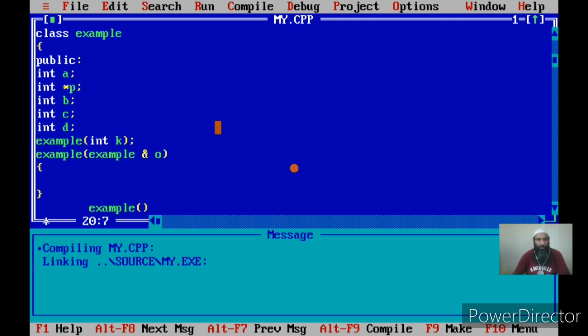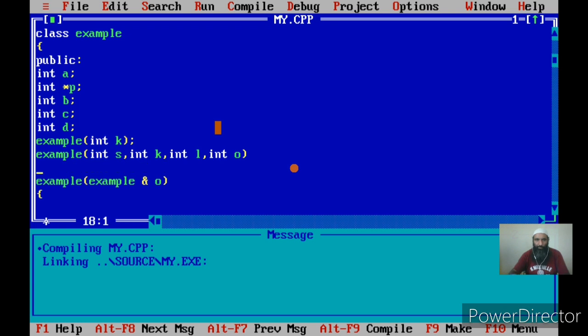Now let me create a constructor which initializes these 4 members. Example(int s, int k, int l, int o).